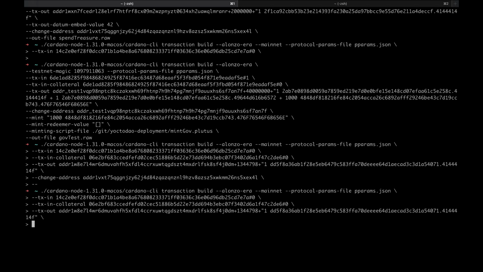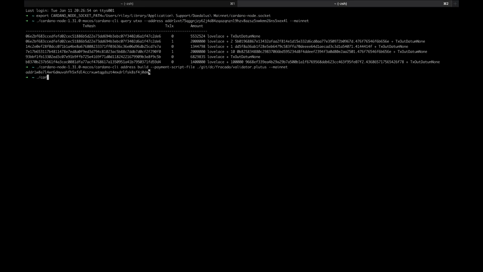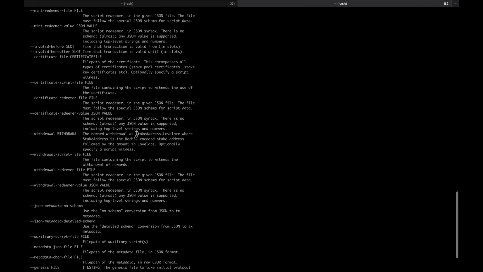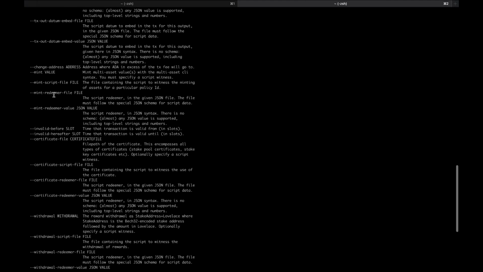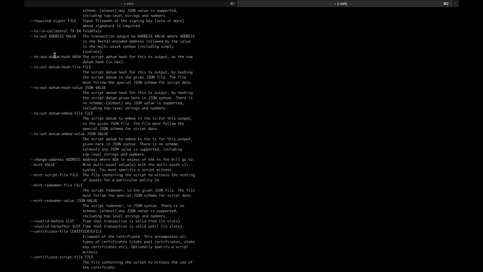But now this needs a TX out datum, right? This needs a datum. Again, we can do transaction build, and what's nice is this actually does show us all this stuff, and so we can come in here and we can say we want